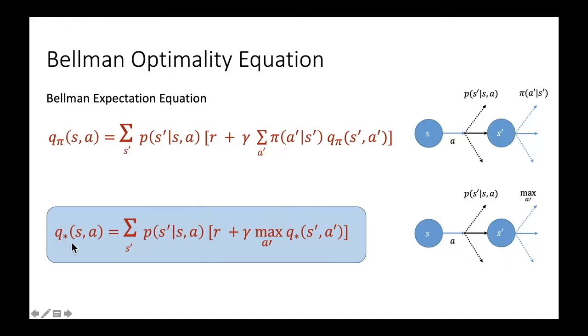So imagine that we have implemented the Q value as a table with states on one axis and actions on the other axis. We have arbitrarily initialized all the Q values. We don't know about them. And then we start updating every state action pair using this equation. So initially we are utilizing values that are not fully formed. We are using initial values, but over a period of time and continuously, these values start getting updated. And there are proofs to show that this process ultimately converges to Q star. That means if you keep on updating it, ultimately the Q values converge to the Q star value, which is the optimal